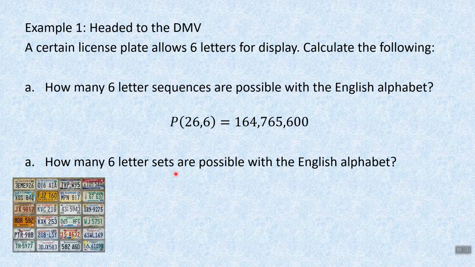How many 6-letter sets are possible with the English alphabet? We still have 26 letters. We still want 6. But this time we're looking for a set. Alright? A set, not a sequence. So we'll look at combinations. Combinations deal with sets of items. Permutations deal with sequences. Well, the number of combinations of 26 letters taken 6 at a time is